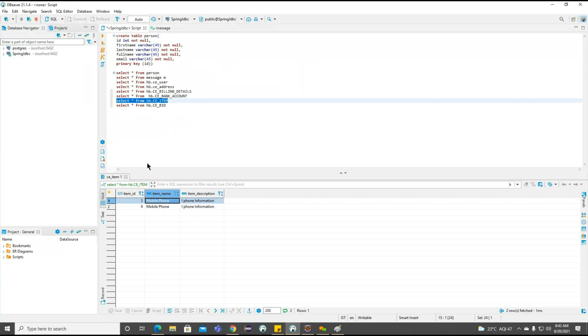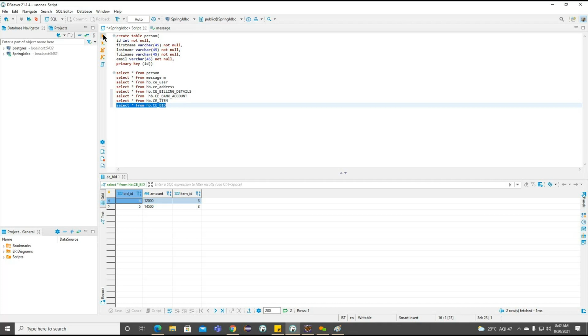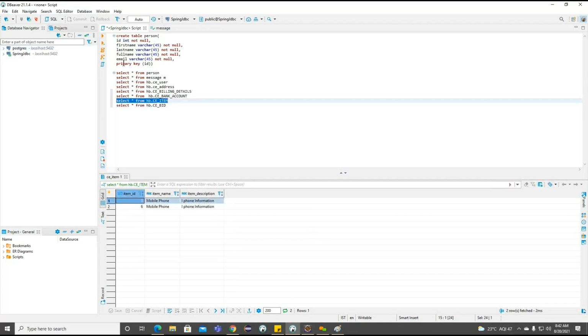So in item, we're having 6 here, but we need to focus on the bid. So the bid related information is not inserted here. Only the item is inserted. Inside this particular item, we are having one more record here, with 6, we are having one record here. But what about this particular item related information?